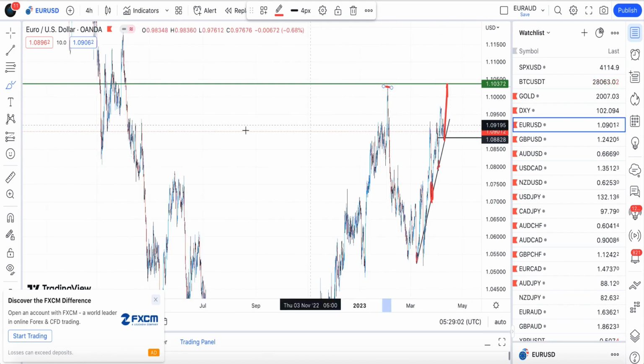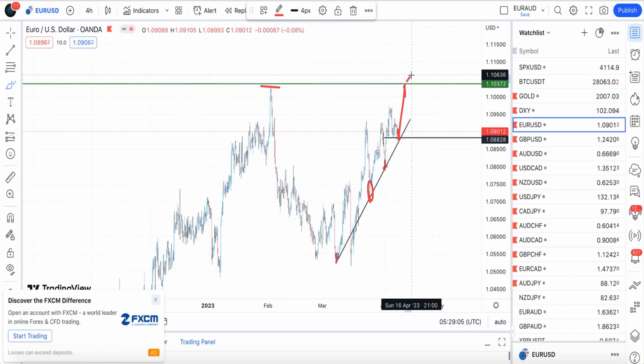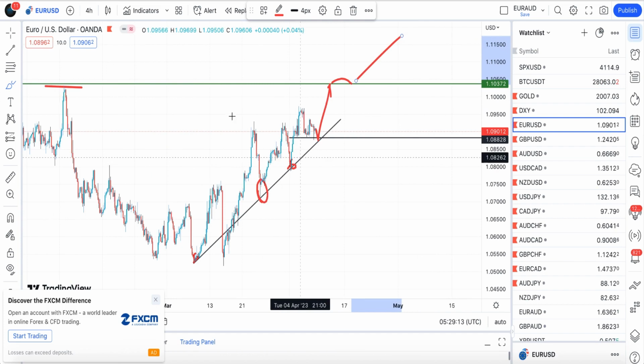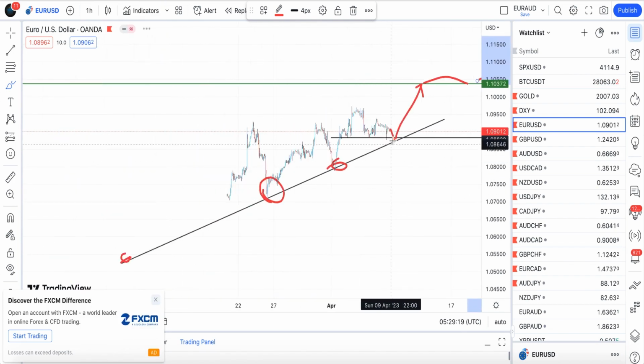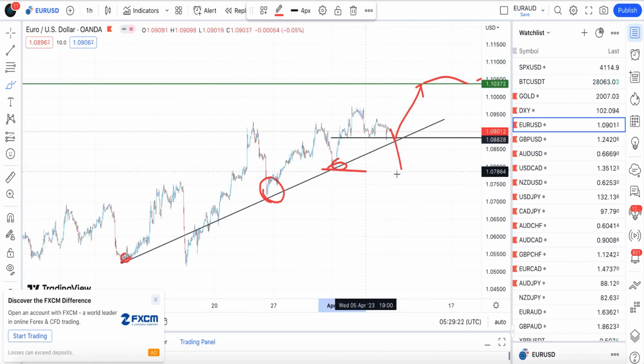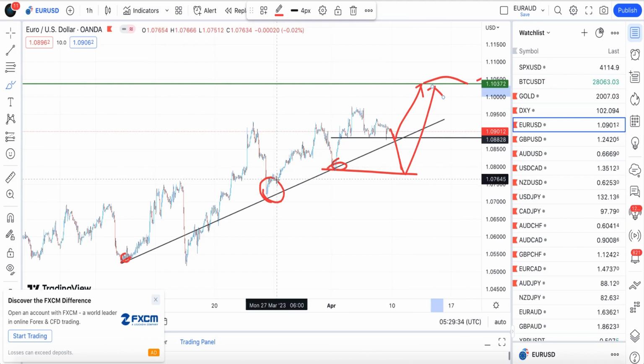So we'll now wait for it to break this level to know that we are going to continue the movement to the upside at that particular level. But for now, this is where we are going to take our trade. But mind you, we might see a breakout, and this is the last sell zone I have right there. So we might actually see a breakout to the downside, then we might take the trade from there. Then the target is 1.037. So from here is almost 200 and something pips.